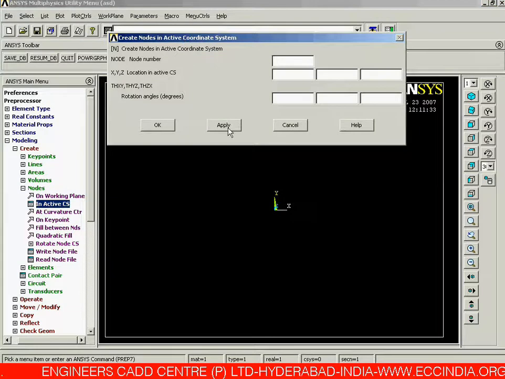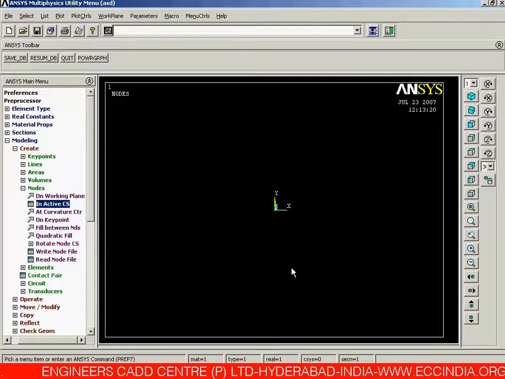in active coordinate system. So in active coordinate system, the first node I am creating at an x distance, y distance and z distance of 0, 0, 0. That means it is on global. Next, we can create anywhere at any distance. If I am creating the next node again at 0, 0 and just say OK, that means we are having 2 nodes coincident over here.